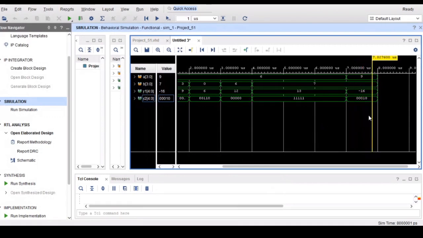Correct. Leave the 5th bit and take the 2's complement of the remaining 4 bits. Okay, no problem. You check for different possibilities like this.